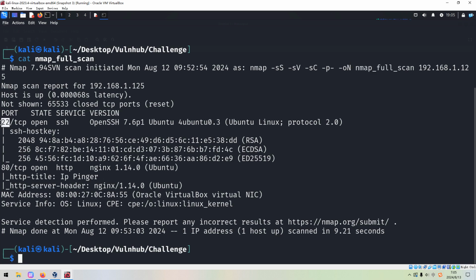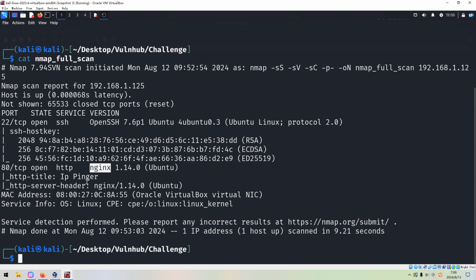So from the Nmap scanning, we can tell that the target has 2 open port numbers. The first one is 22, which is running SSH service or secure shell service, including its version number. Although this version is not an updated one, I don't think we can find any vulnerability except the username enumeration vulnerability. And the second one is 80, which is running HTTP service, and also the version information is Apache 2. So the title is IP pinger. So maybe this target machine is providing the function of a pinger.